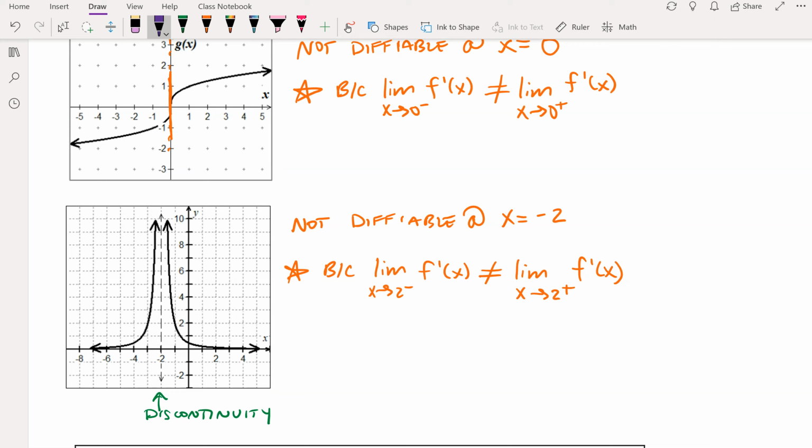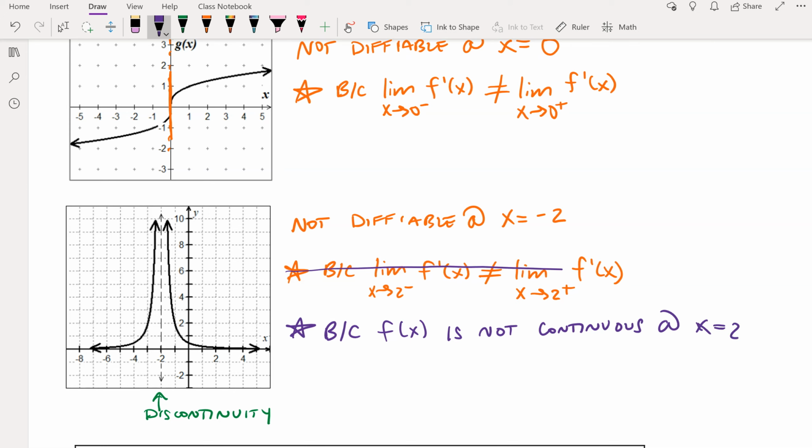Well, actually, this one, it's kind of hard to describe why. Really, you just can't take the derivative. You can't find a slope, there's no tangent at x equals 2. There's no curve to draw a tangent on, right? So really the easiest way to answer this one is because f of x is not continuous at x equals 2. So I would say forget this explanation. And that kind of leads me into our next fact, which is